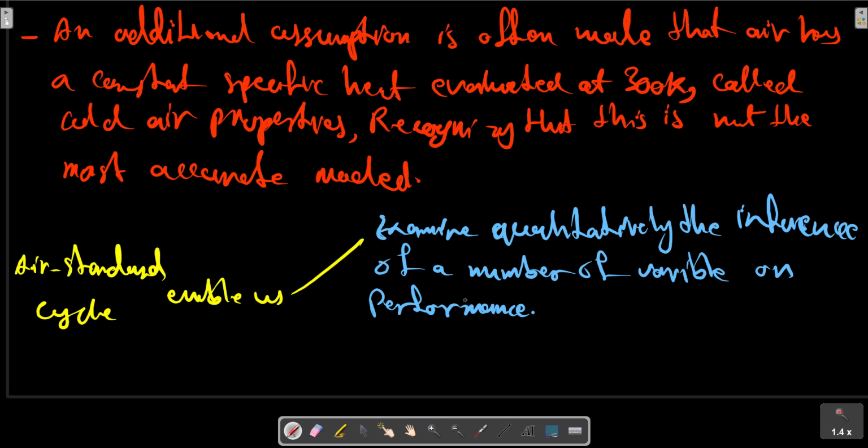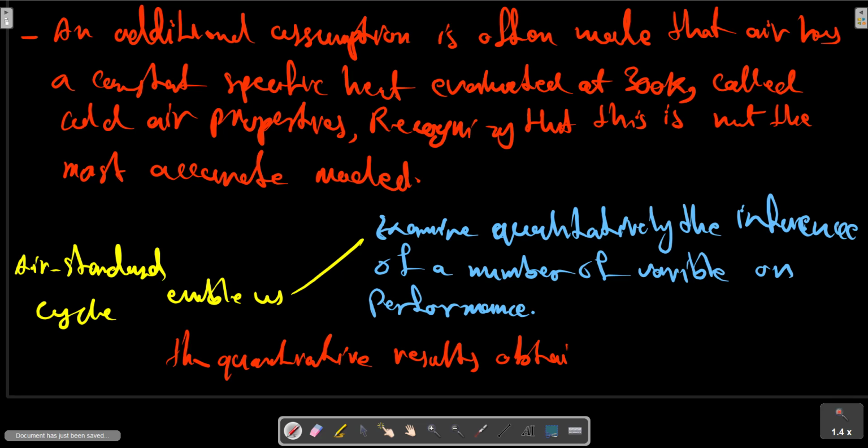The quantitative results obtained from the air standard cycle